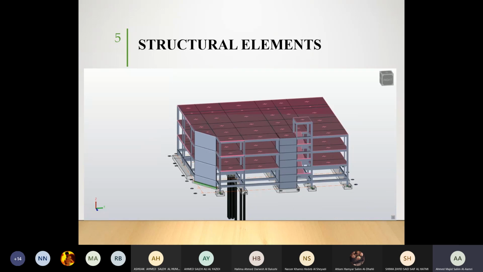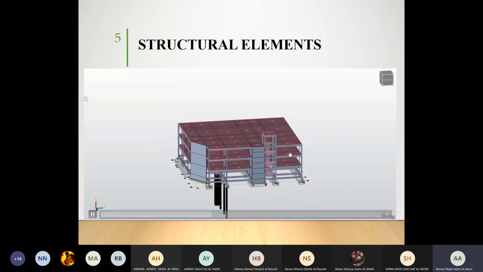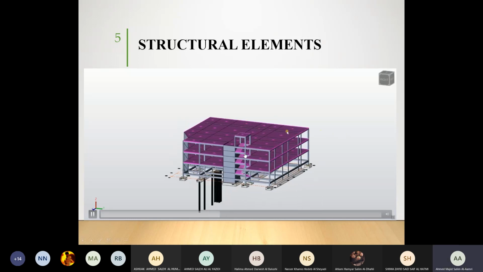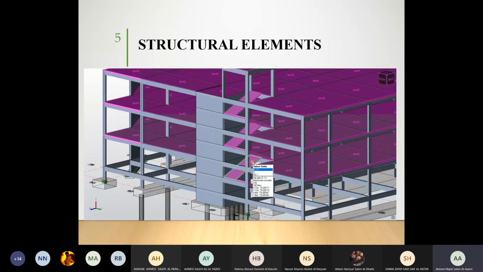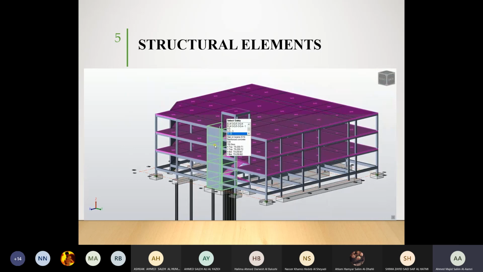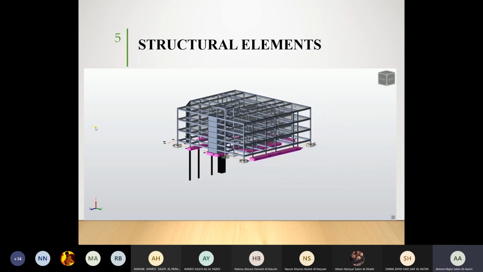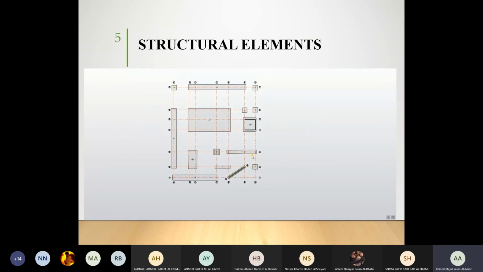Slabs we are going to highlight. If you see, slabs have been highlighted. We have different slabs, and then we have the staircase slab as well. So this is acting as your staircase. Now, of course, we are going to have different depths of slabs. We are not going to have the same depth of slab. A lot of students wonder, if we have different depths of slabs, how come we have the same level? Now, the top level of the floor is always going to be the same, but the bottom level is not going to be the same, which is hard for you to visualize.